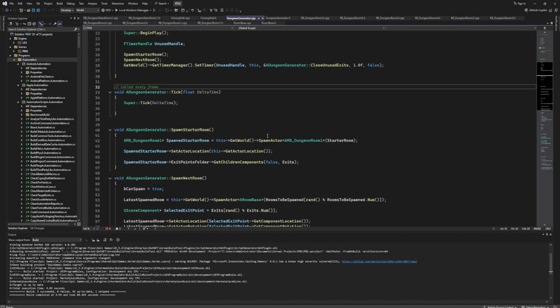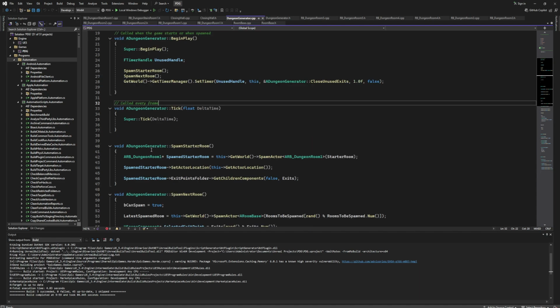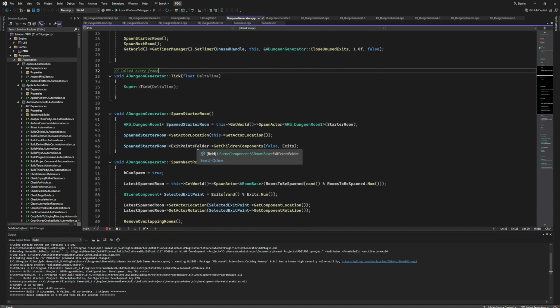Hello guys, welcome back to part 5 of creating Procedural Dungeon Generator. In this part we're going to create the things that I have left out in the previous part. So the first thing that we're going to create will be interactable doors with its own open and closed door